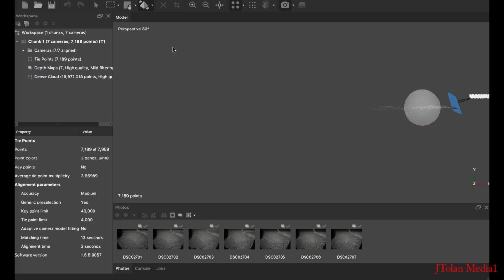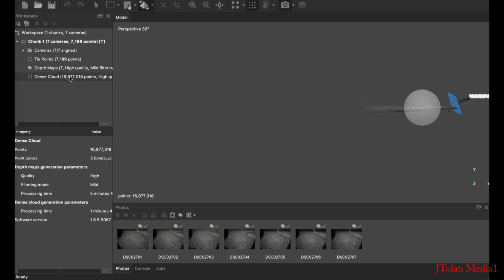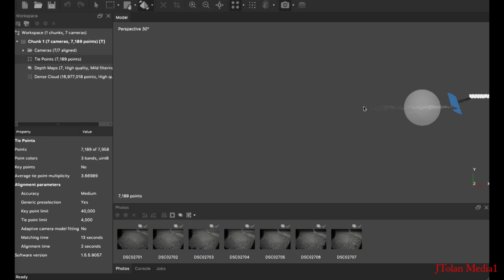Isn't that incredible? Oh my God, that's incredible. And see, the dense cloud is only close in, so it discards a lot of information out there. Wow, that is incredible. Look at that. Wow, this is amazing. So I'm going to do an analysis based on that,